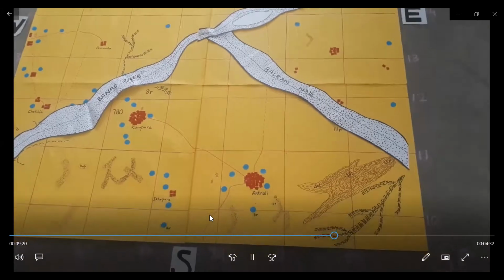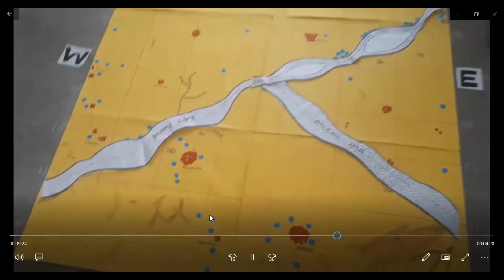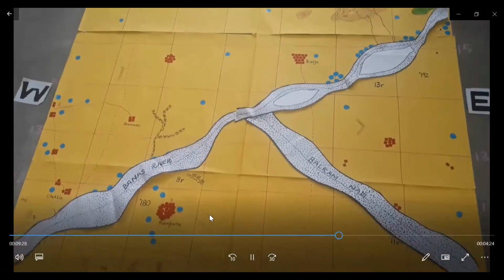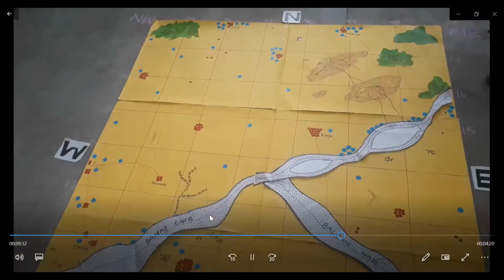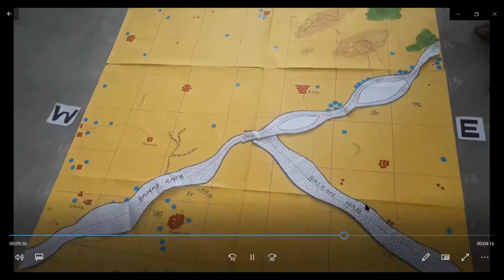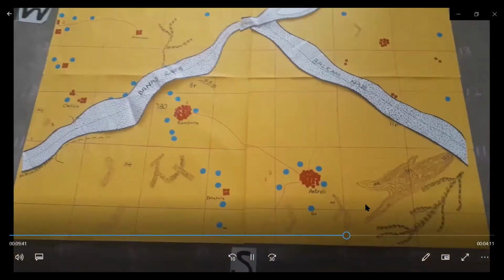Now, an important topic which is very closely connected to this is, children, usually questions are asked like this. Once you have identified the slope of land and thereby you have identified the direction in which the river is flowing, it becomes very easy to find out which is the right bank of the river and which is the left bank of the river. Now, since you have identified Banas river is flowing from northeast to southwest,